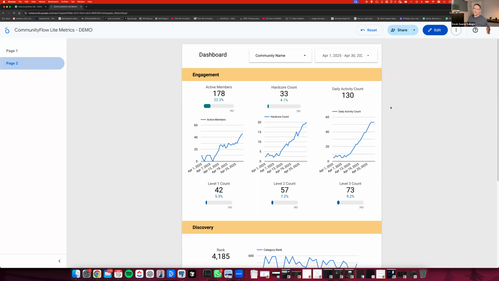I think something that would be cool is if people start using the tool more often, and if they find something useful, like, hey, we switched this on our onboarding. You can tell from our Community Flow dashboard that it changed that. You could show that's what was adjusted in the data, and if people wanted to share that, that'd be cool. But they don't have to feel the pressure to do that, and I appreciate that you make it not like, hey,